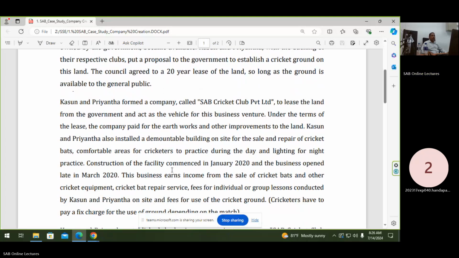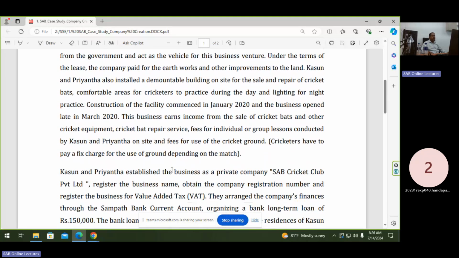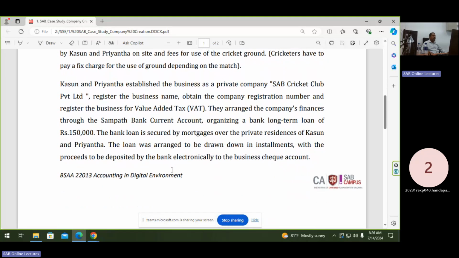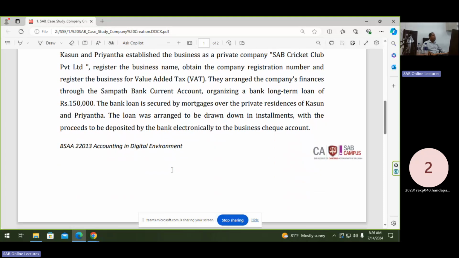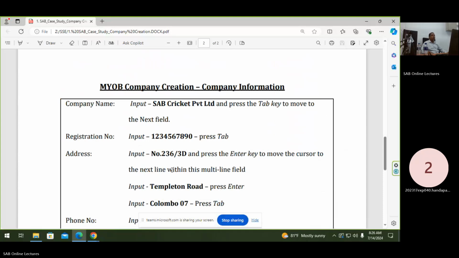They started their business in the 20th period, got the web registration, started a bank account in Sampath Bank, got a bank loan, and started the business process with the cheque account. These are the necessary details for company creation.